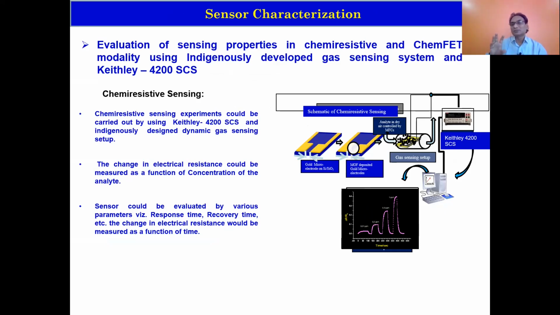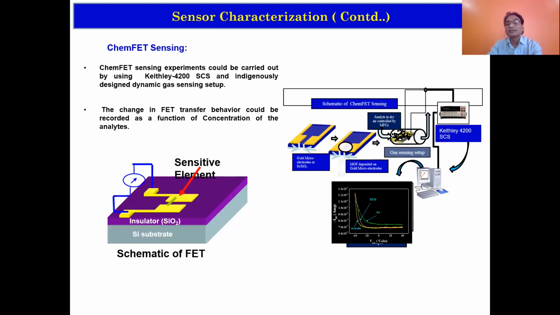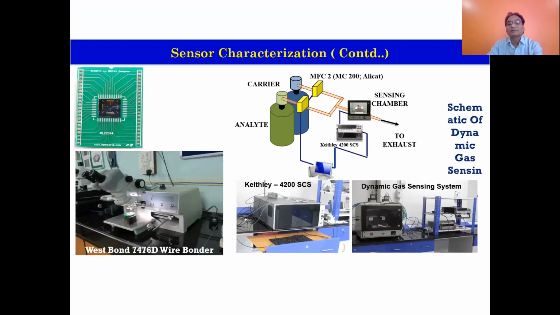But in that case, you need to provide this kind of graph for different sets of VGS and VDS to confirm that, yes, for different VDS and VGS you have got real-time sensing. That also can be done. So if you could do that, that would be a wonderful option.